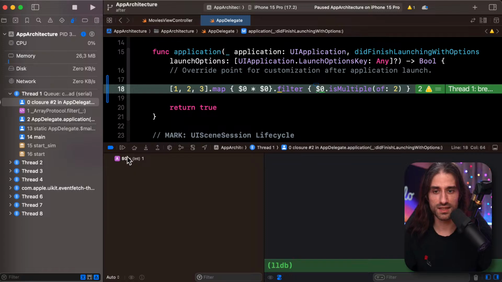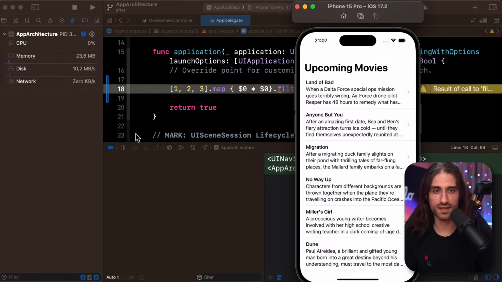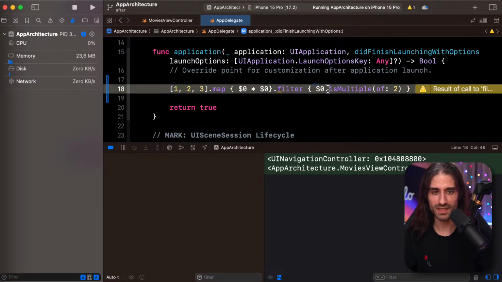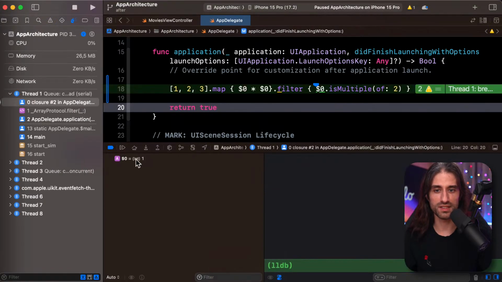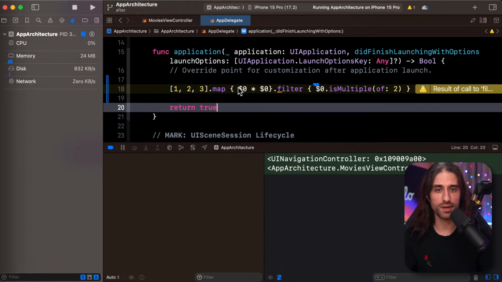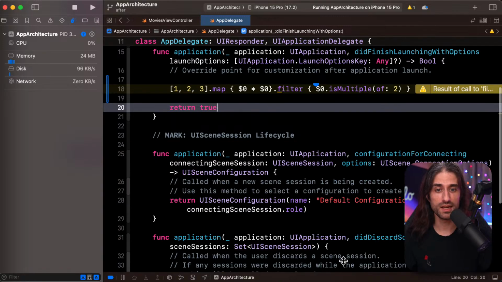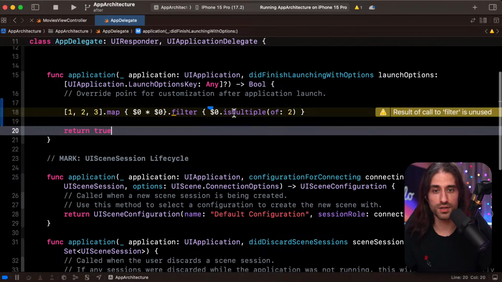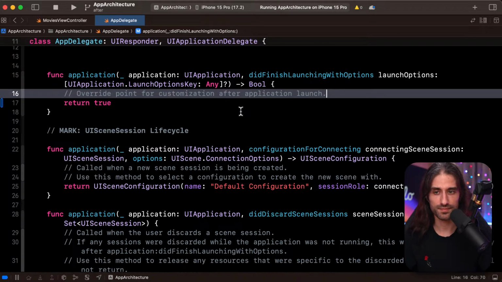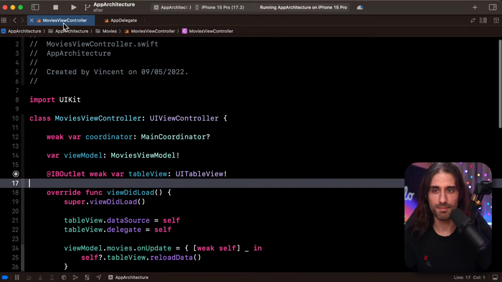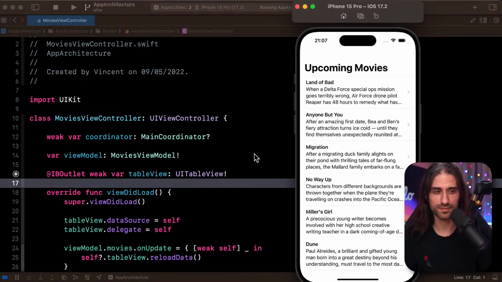And so here you can see the argument. So I have 1, and then if I keep running, because I moved the code, I lost the breakpoint, so I'm going to relaunch it. You can see the argument is 1, and then it's 4, so it's indeed the square, so it's indeed being called after the call to map, 4 and then 9. So you can see column breakpoints are really useful, especially if you write code that leverages this kind of syntax a lot. Let me put the code back how it was.